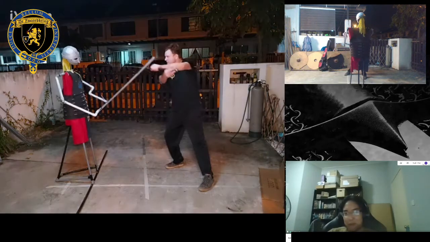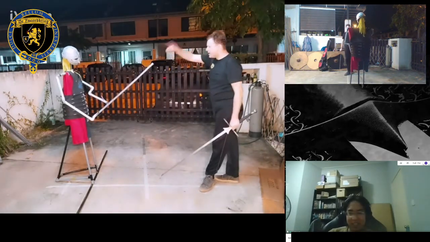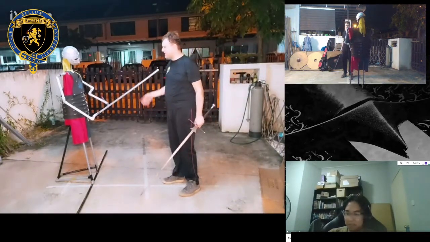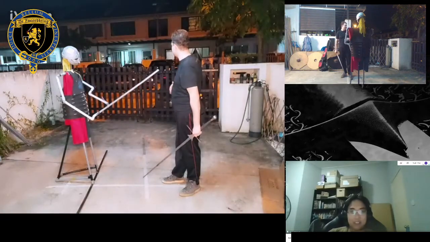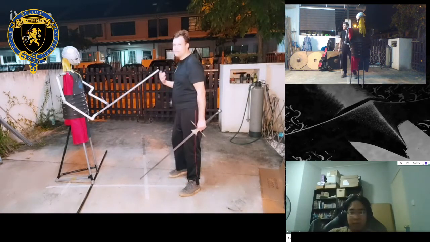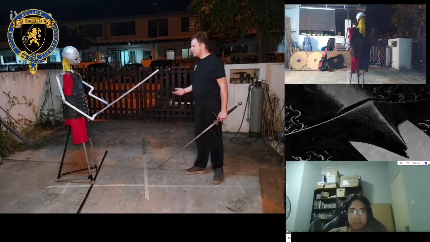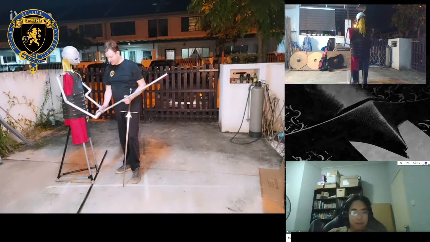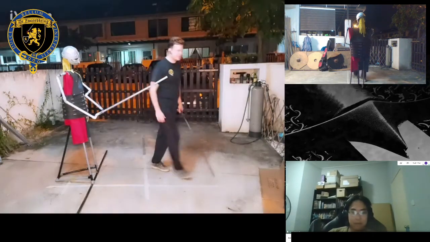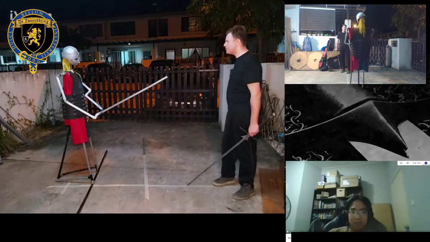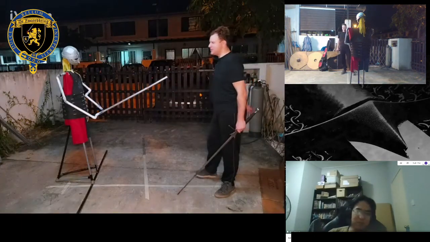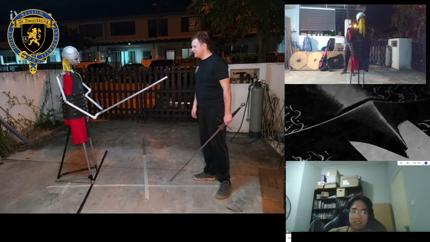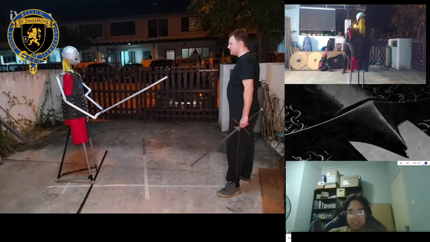Faris is asking, are you stepping forward or diagonally? Well, my opponent is not moving, so I need to step diagonally forward. But generally, when your opponent is thrusting at you, he will be coming towards you. You do not need to step forward because your opponent will be coming towards you within his reach, and thus we don't need to step forward anymore to achieve our reach because our opponent is running forward. My opponent is not moving at this point in time, so I need to step diagonally forward to achieve my reach. You could step forward diagonally as he's coming in.